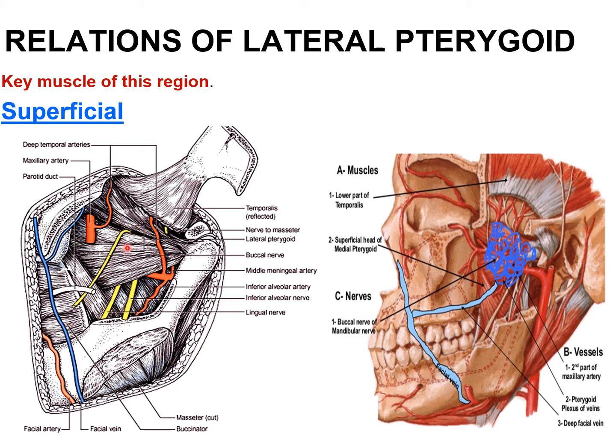Also can be appreciated are the buccal nerve and the pterygoid plexus of veins. The pterygoid plexus of veins is seen as the peripheral heart. It aids in the venous return by the pumping action of lateral pterygoid. And the tributaries are those veins which accompany the branches of the maxillary artery.